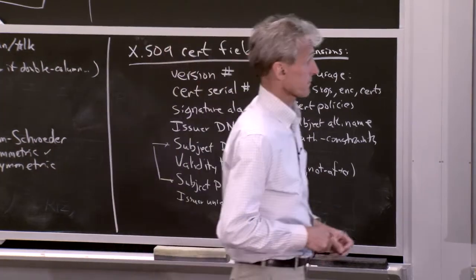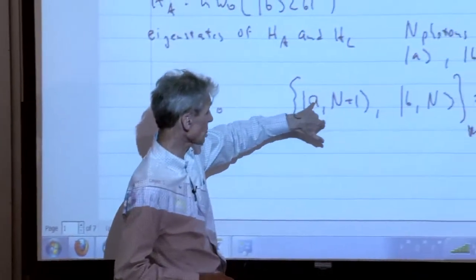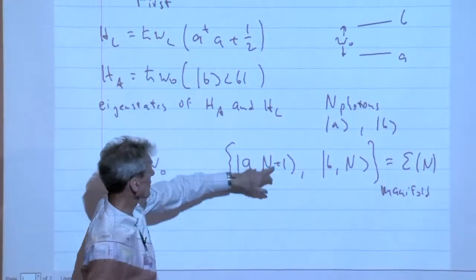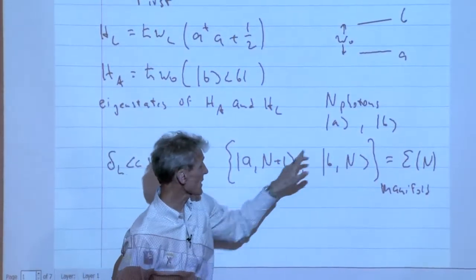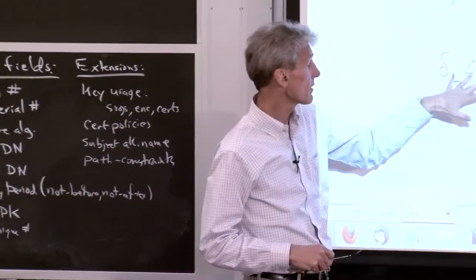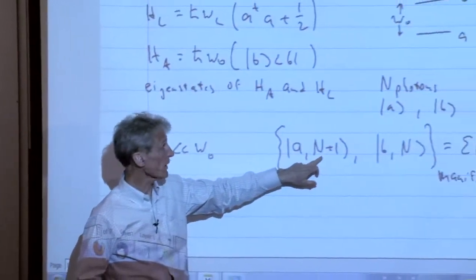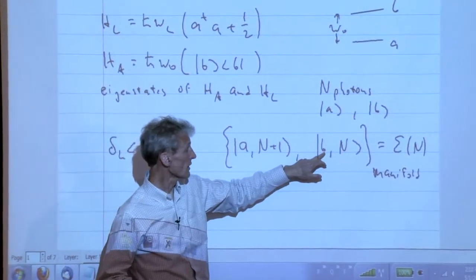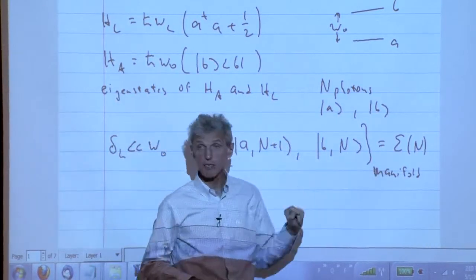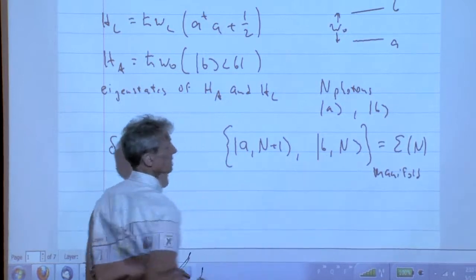Okay, so anyway, we were just writing down product states of the atoms and the eigenfunctions of the Hamiltonian for the light, which are Fock states, number states with n and n plus 1. But the important thing is now the following. In the limit of small detuning, the ground state with n plus 1 photon is almost degenerate with the excited state with n photons. And we call these two states a manifold, the manifold E of n, and n is the photon number in the excited state.